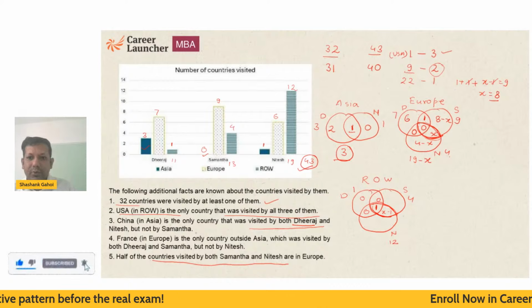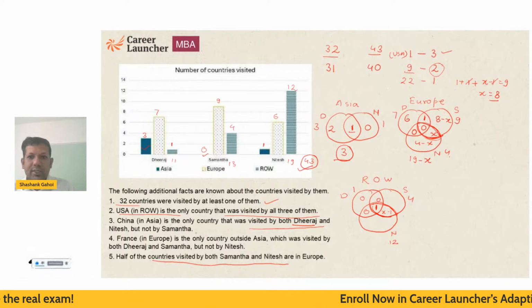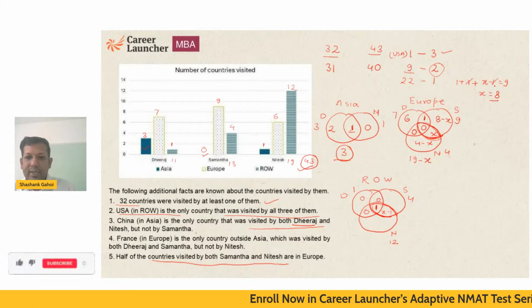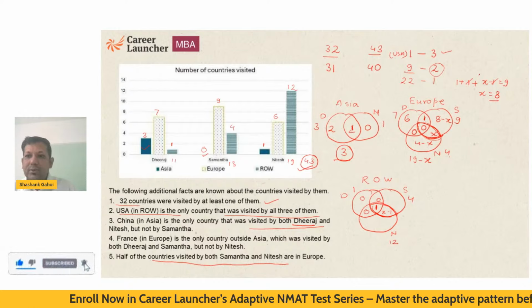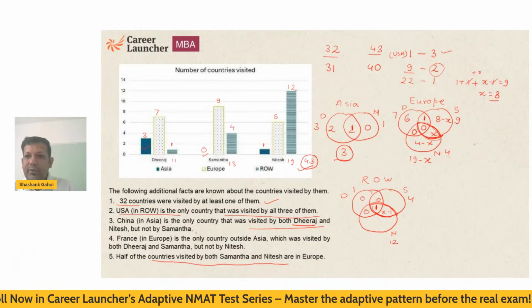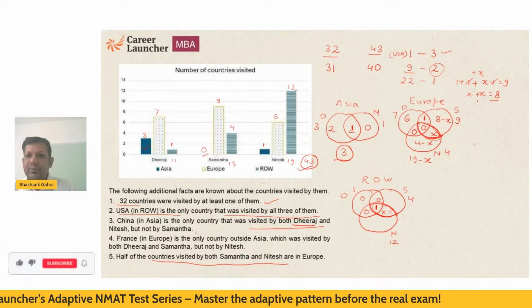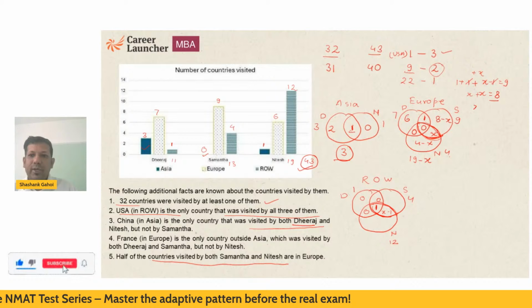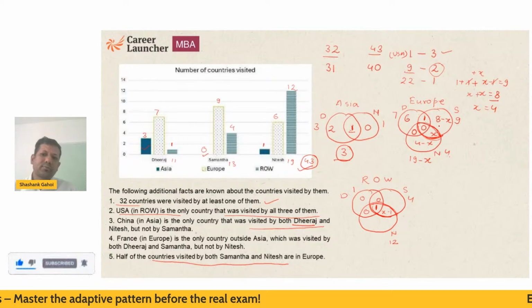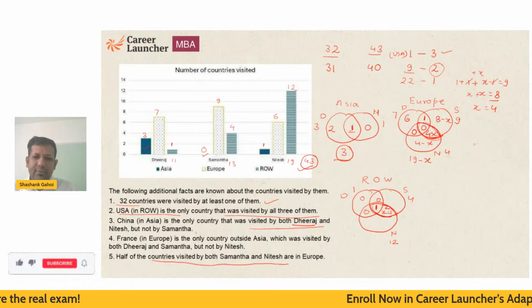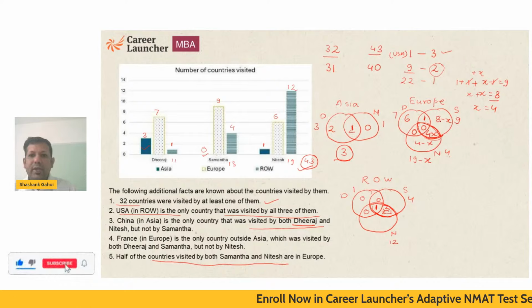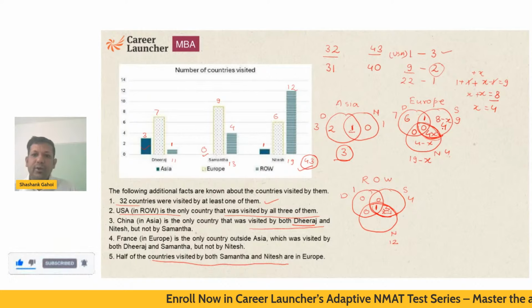Oh, I didn't add 1 more x now. So this is 1, this is 1, this is 1 plus x. This is 0, this is 0, this is x minus 1. So I need to add one more x over here. So I am going to get 2x equal to 8, so x is equal to 4. I got this value as 4, and this value as 3. So x is 4. It is going to be 4, it is going to be 0.